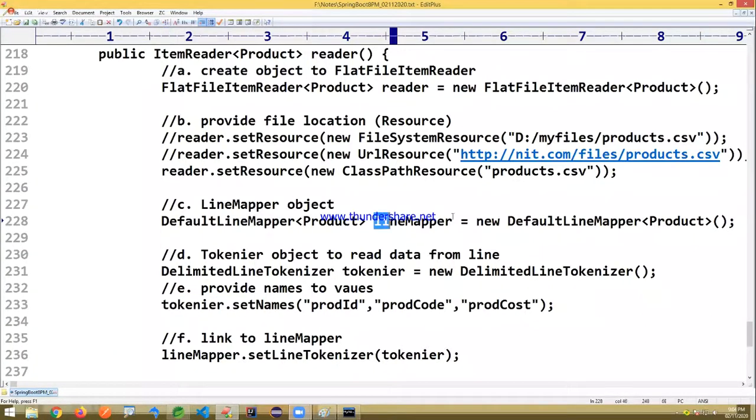So you are creating the line mapper, and inside the line mapper you are passing the tokenizer, and the tokenizer object you can create directly inside this.